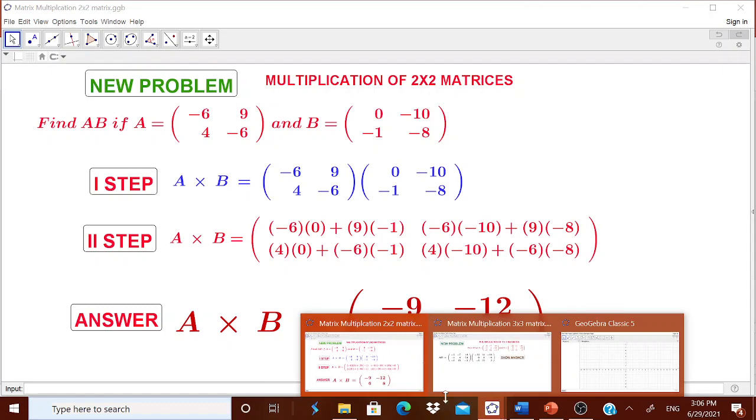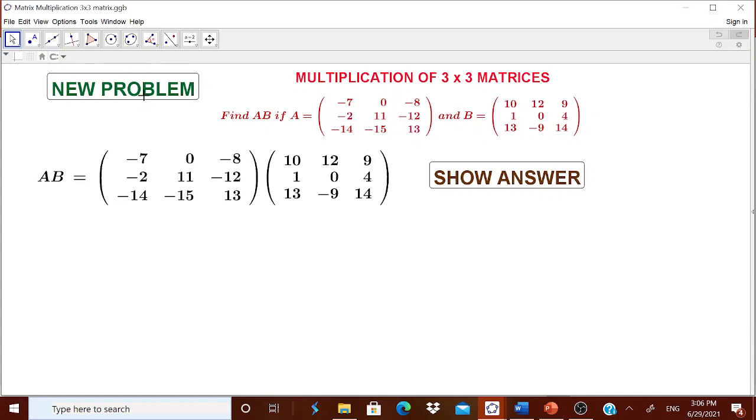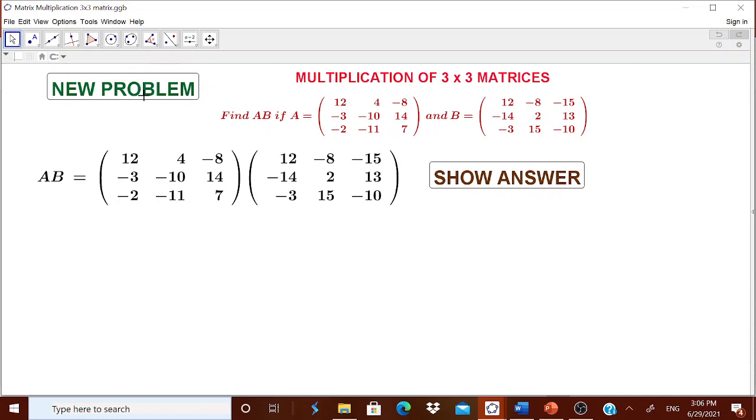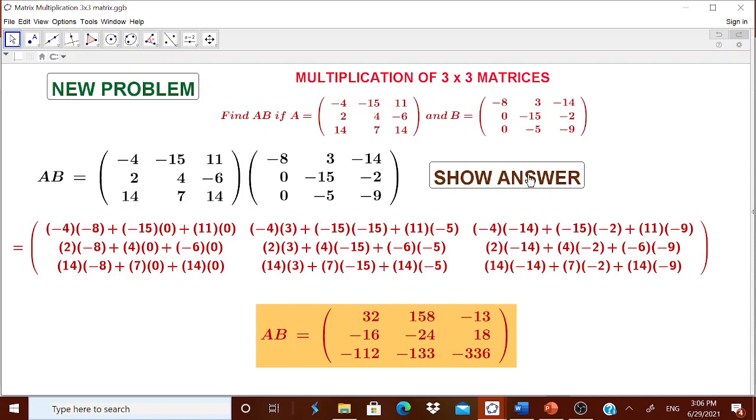In the same way, you can have a problem for a 3x3. Once again, you can create a new problem and everything will change. All the entries will change automatically, and it is changing at random and you have no control over it. And you can show the answer to the children. Now it has come. Now you see, this product is very important for the children to learn, because most of the application problems will have this product, and the student should know it properly.